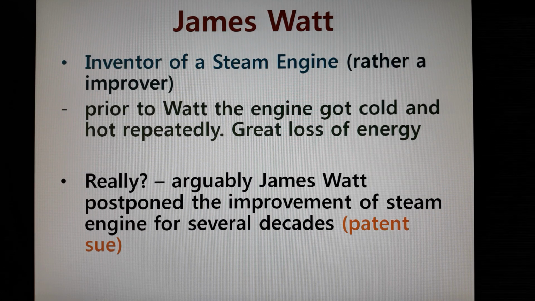So we are admiring James Watt for his great invention, but on the other hand, James Watt is the person who improved the steam engine greatly, but at the same time, James Watt is the person who prevented the improvement of the steam engine after that. Okay, so when James Watt died, then the patent disappeared. Then at that point, the steam engine improved again a lot. So James Watt used his patent to block any improvement on the steam engine.